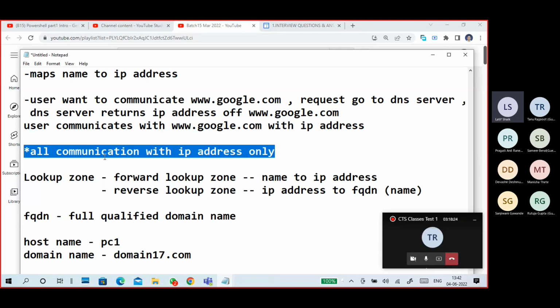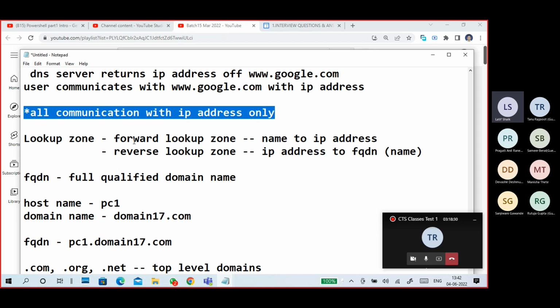So the DNS server returns an IP address to your client computer. So then we are able to communicate.